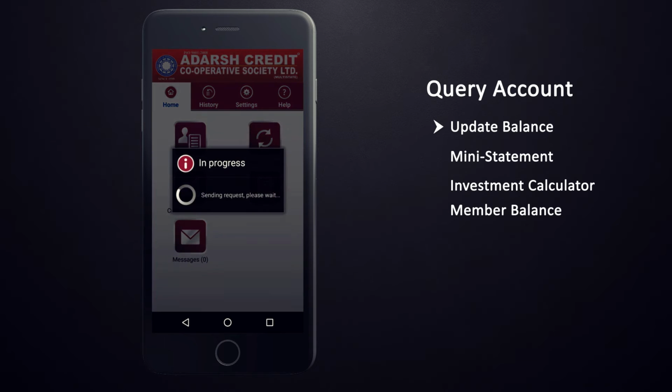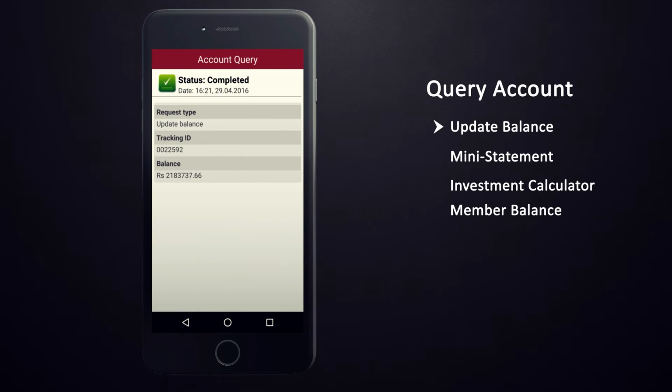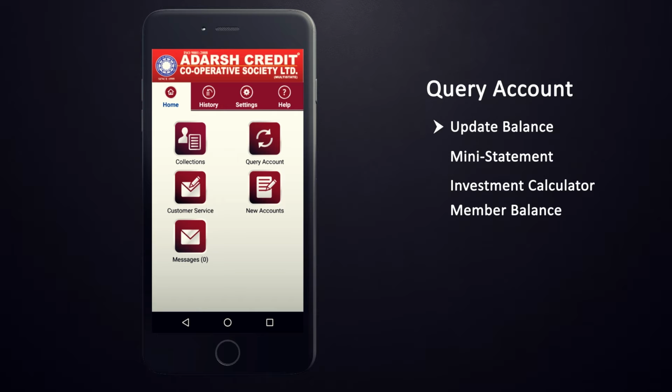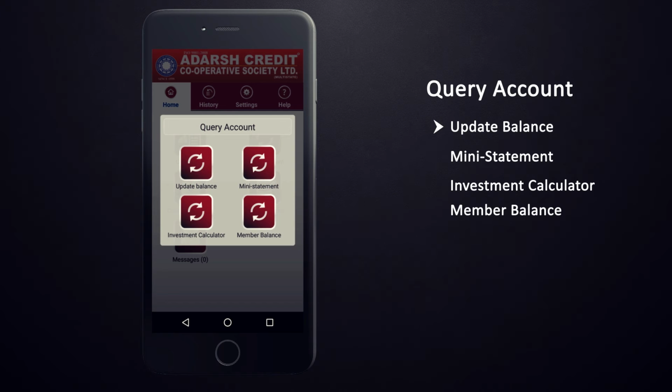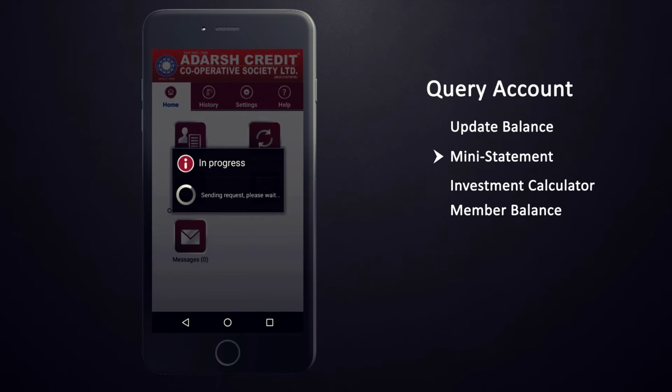This will perform a balance update to the said account and will display the balance in the History tab. To check your mini statement, simply tap over the mini statement icon and it will display the last 10 transactions to you.